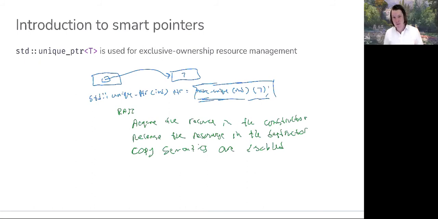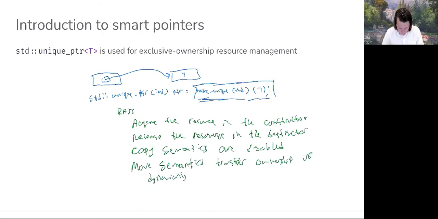So then the next question becomes, what if we need to move this resource to another unique pointer? For instance, what if we want PTR to be pointing to something else or acquire a new object? Well, to do that is going to be with move semantics, which will allow us to transfer ownership of the dynamically allocated object